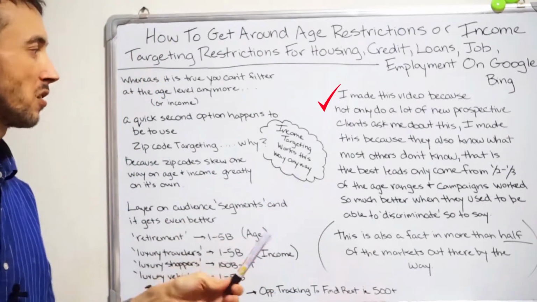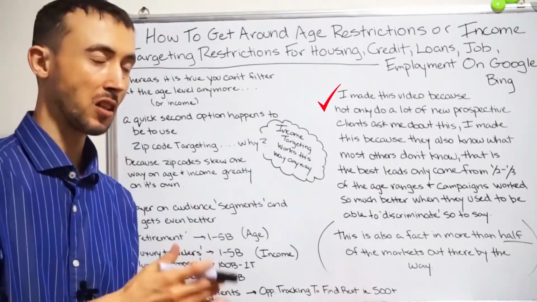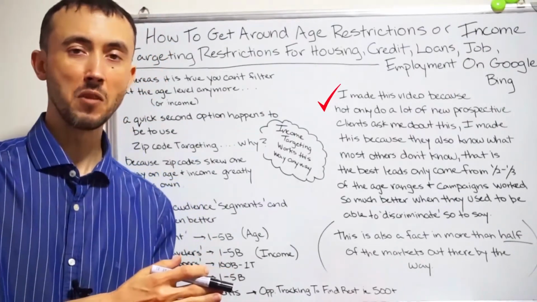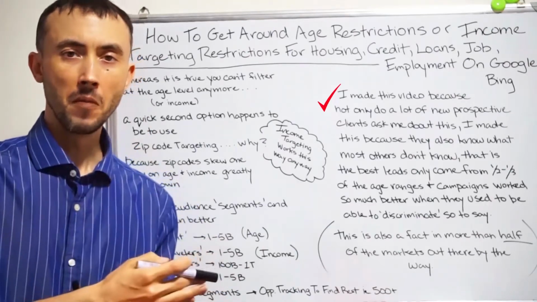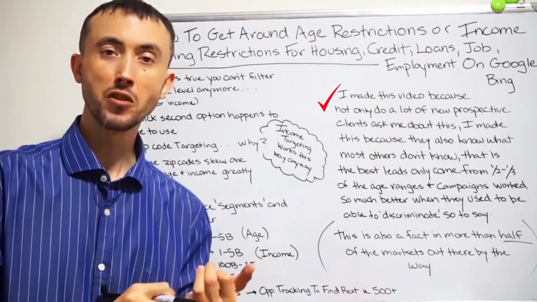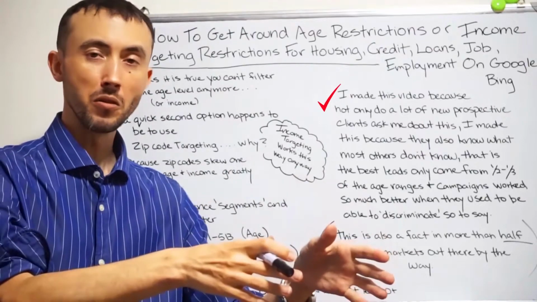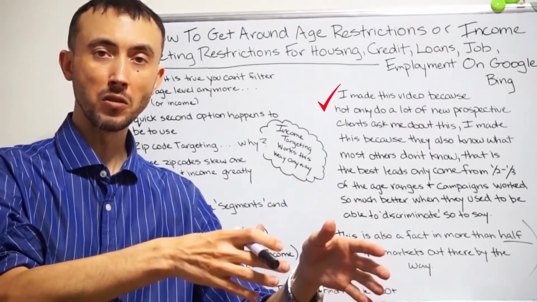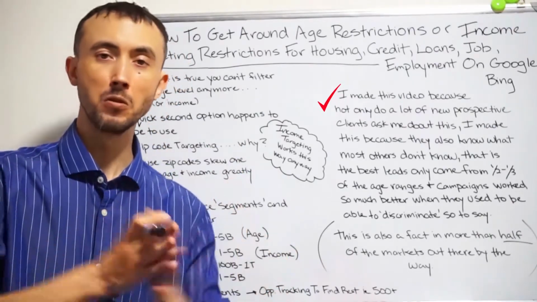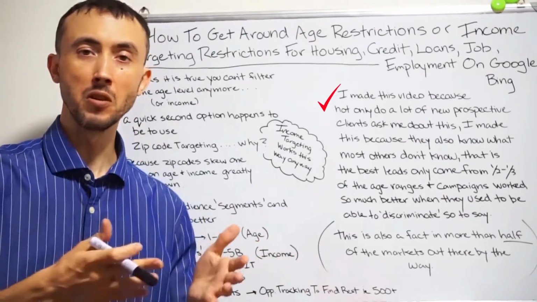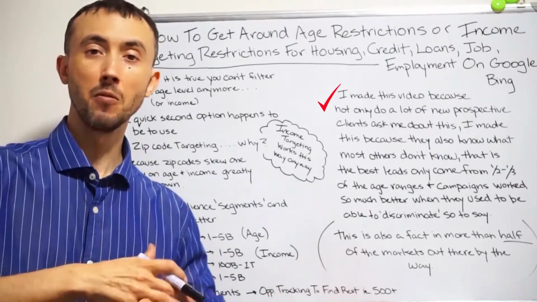So even if you're not in one of these markets and you're watching this video anyway, you should definitely take a look at your customer data and see how the income and age demographic targeting should be set up in your Google and Bing. Or just make sure you have purchase tracking, or if you're generating leads, what is called offline conversion tracking, to get the revenue from the leads, and whether those leads turn into a sale or not, back into your ad account, so you can over time figure it out and cut out the half to two thirds that's not going to produce the ROI you're looking for. So you keep the rest of it, and then you've got a high producing account from then on.